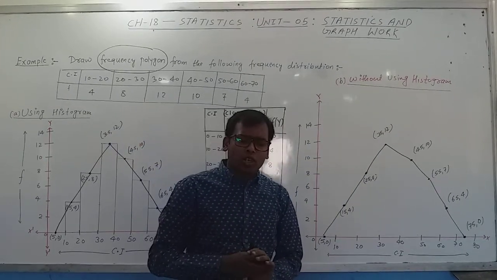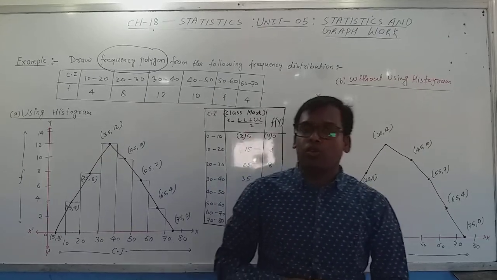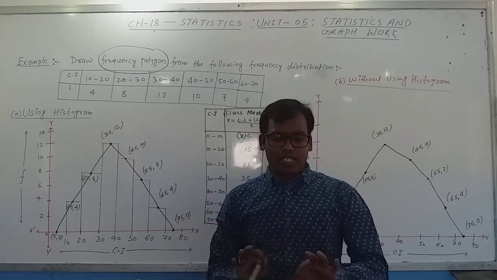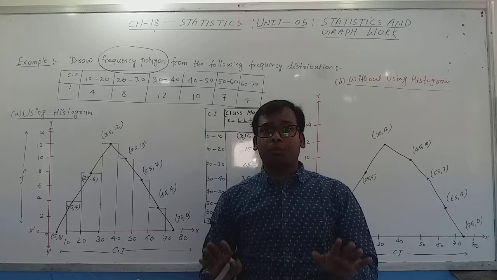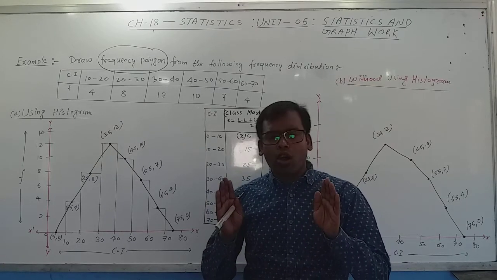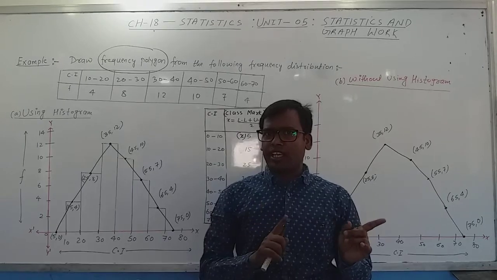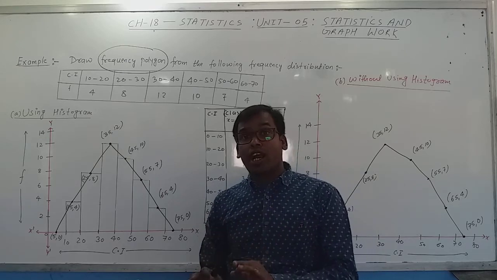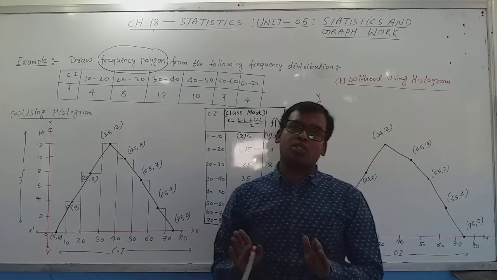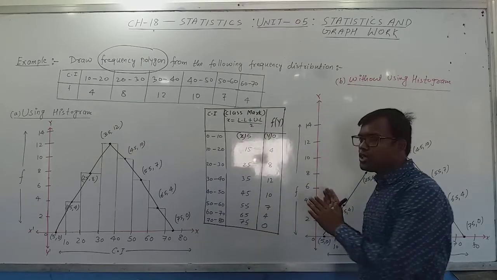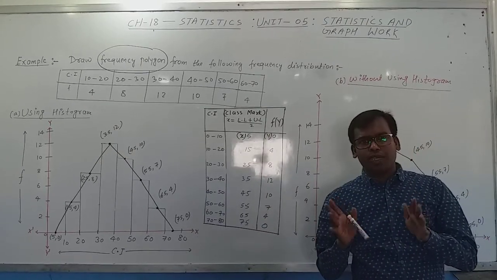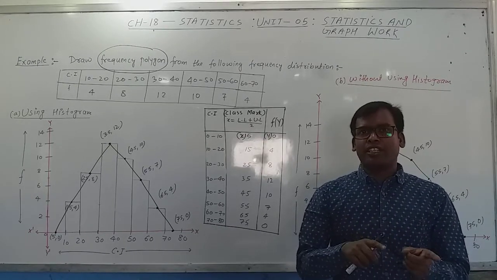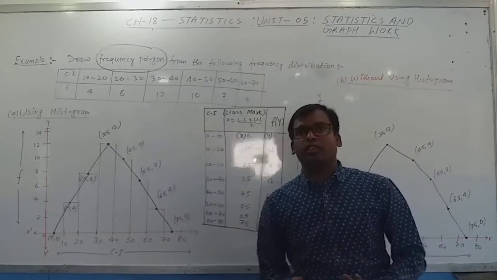Okay. So please all of you try to solve the exercise, 18b. Is it clear? Hope all of you are able to do this exercise very carefully. So please make a note and try to solve all the exercises, that means 18a and 18b. 18a do in the copy and 18b do in the graph copy or graph paper. Please go for it, and first make a note of this and try to solve exercise 19b. Thank you. Tomorrow I will start mean and median, that means chapter 19. Okay, please go through it.